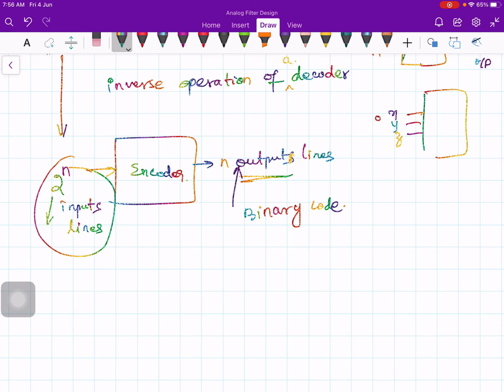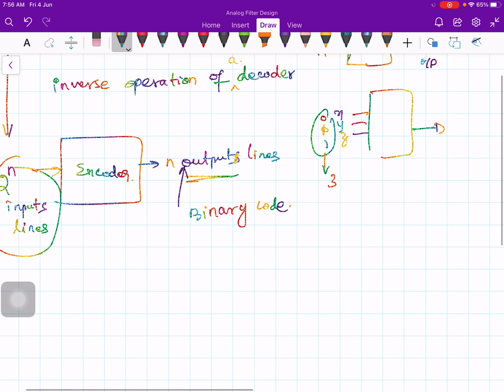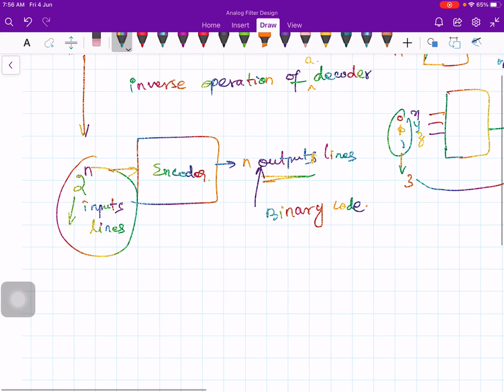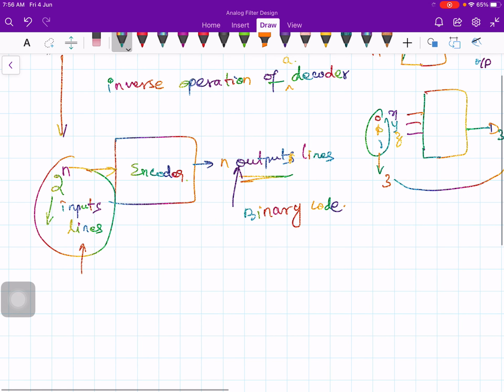Suppose you give 0, 0, 1 or 0, 1, 1; this binary code corresponds to 3. So in that case D3 will be equal to 1, isn't it? Therefore your decoder converts your binary input to a corresponding digit. Similarly here, the input is a digit and the output is the corresponding binary code.